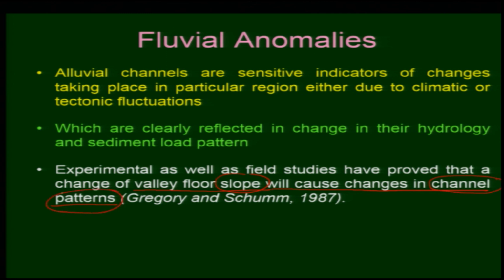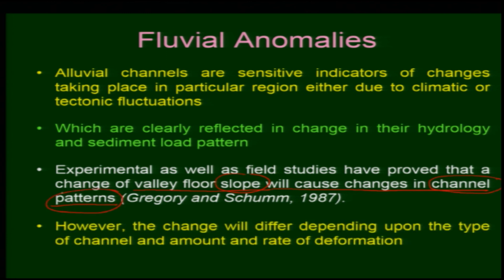This part we will look at in detail in the next lecture, but the change will differ depending upon the type of channel and the amount and rate of deformation. The type of channel, whether it is straight, meandering or braided, will affect the change downslope or on the upstream side, but this part we will talk about in the